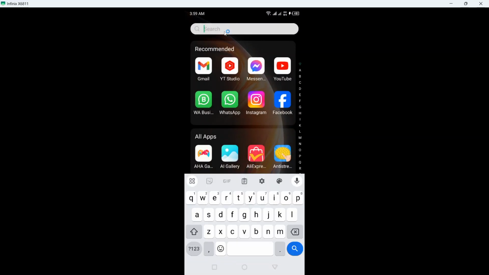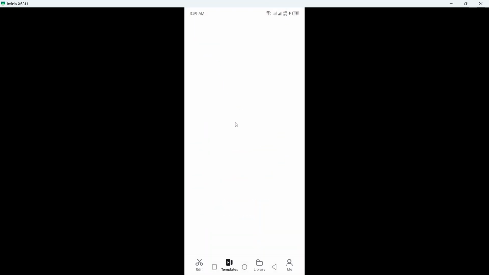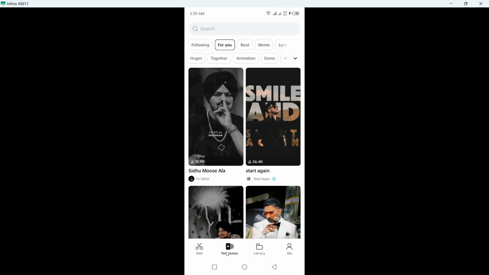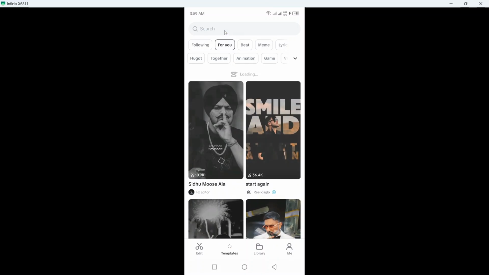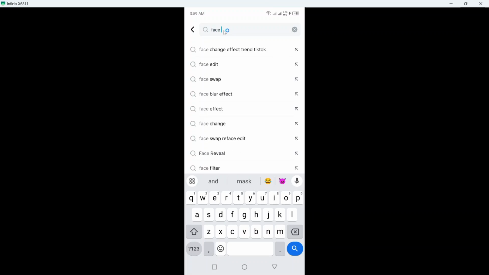So the first step you need to do is to open CapCut, and once you open CapCut, you simply need to click on the templates. So wait for a few seconds, let me skip this and click on templates, and here you need to search on the top face swap. So click here,